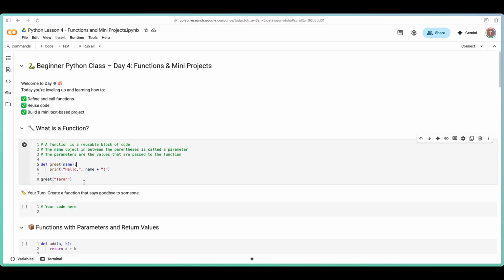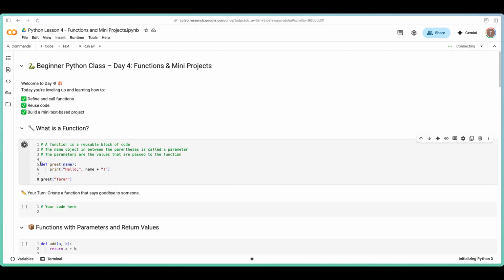These are the values that you pass into the function when calling it. For example, if I were to make a greeting function that takes in their name, I could just do print hello and the name. And then I could call the function just by greet and then parentheses and putting my name in between the parentheses. Then when I run it,